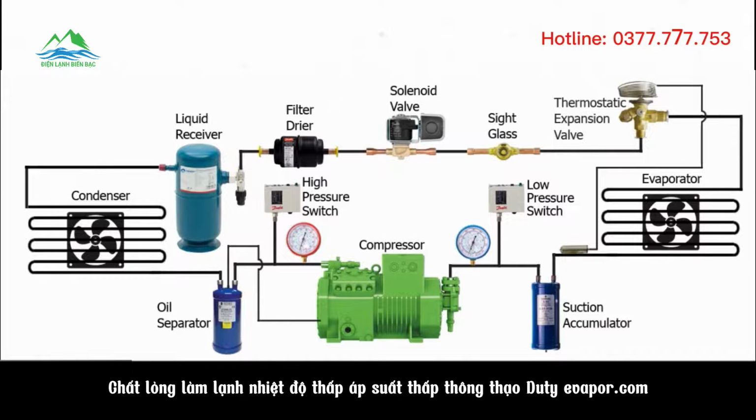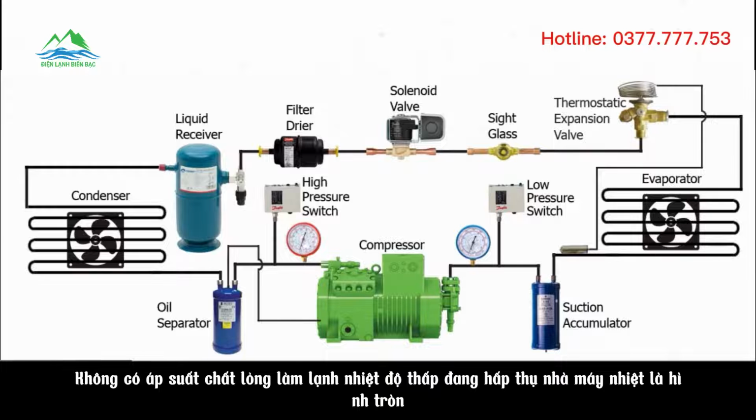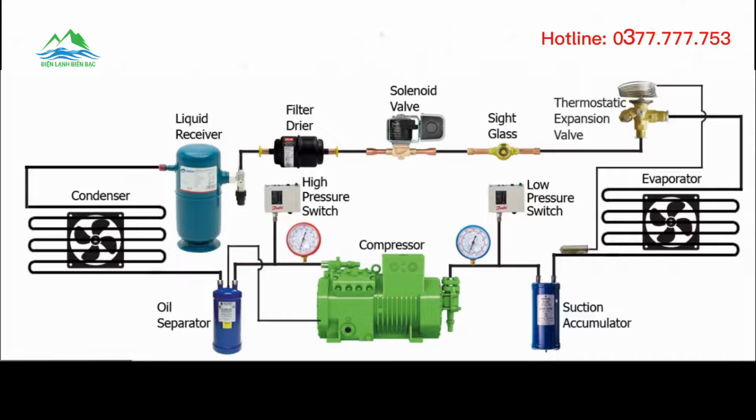This low pressure, low temperature refrigerant liquid flows into the evaporator coil. The low pressure, low temperature refrigerant liquid absorbs the heat from the air surrounding the evaporator coil. So, the air surrounding the evaporator coil changes to cold air. For chilling or freezing the food and chemical products, this cold air is blown into the cold room by the evaporator fan. For this reason, the evaporator is located inside the cold room.